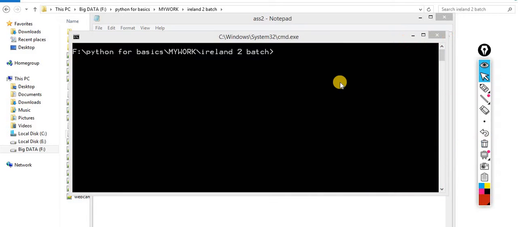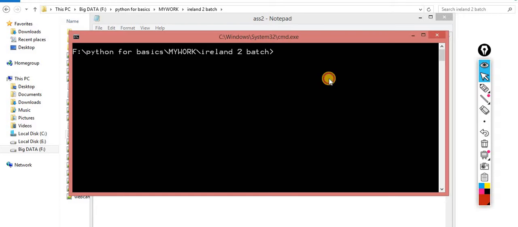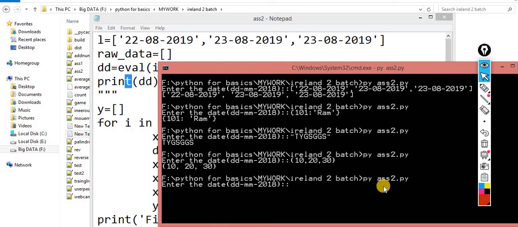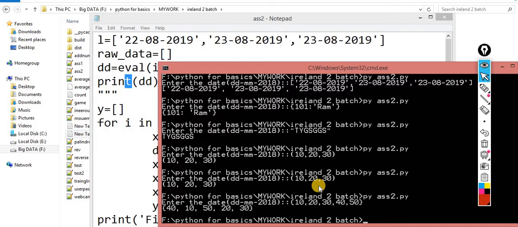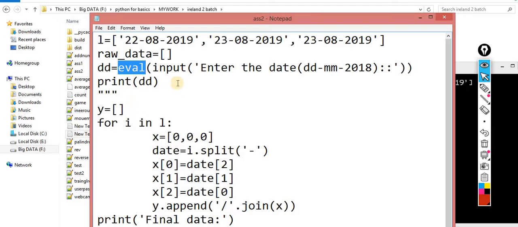So let me clean this and let me show you. Whatever format you enter, for example this one, now it's working as a tuple. Another one, let's suppose you want to enter the data as a set. It works for a set as well. Now you can check it out. This is the power of the eval method. Whatever data you pass, you have to pass it in the same format, otherwise you will get an error message. Eval means evaluate, and it automatically converts according to that data type.